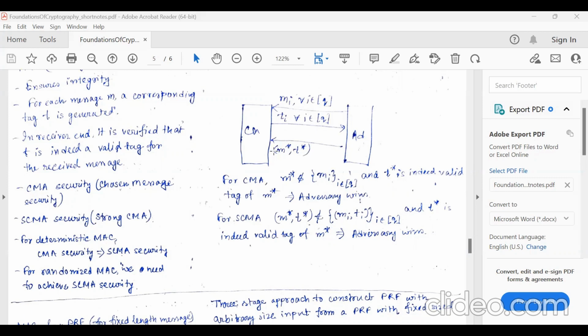So SCMA security is valid in case of randomized MAC, and in case of deterministic MAC, if it is able to satisfy CMA security, that is for a new message, it is not able to come up with a valid tag, then that implies that for any message M star which is not belonging to the query phase of any Mi, and adversary is not able to come up with a valid tag of M star, then that only implies that M star, T star also does not belong to any of these Mi, Ti pairs of the query phase. Okay,